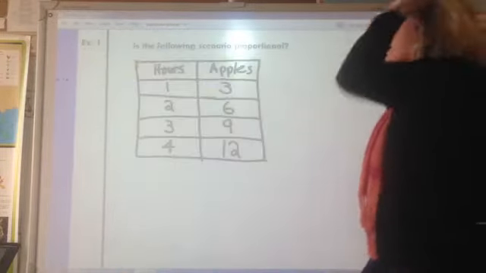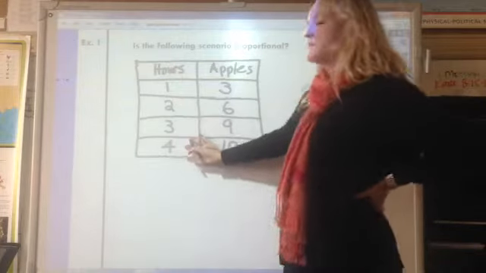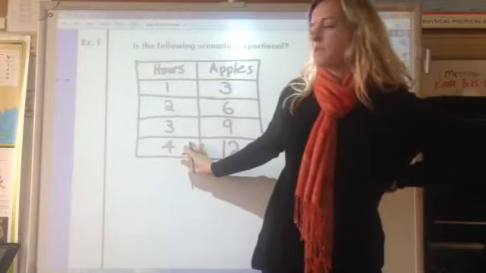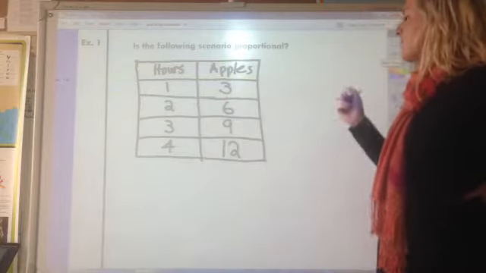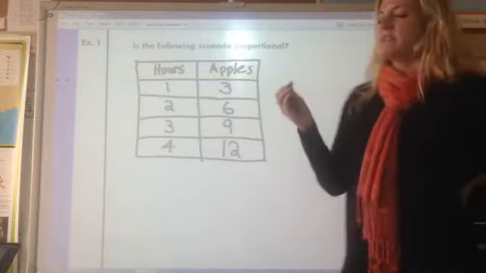All right. Go ahead and quickly draw a rough draft of this table. It does not have to be the most beautiful table ever. Just get it down so you have something to refer to. Is the following scenario proportional? Well, I just said when I'm trying to